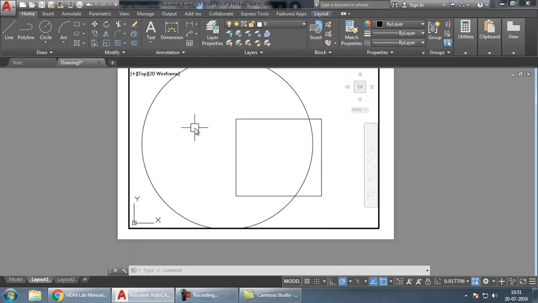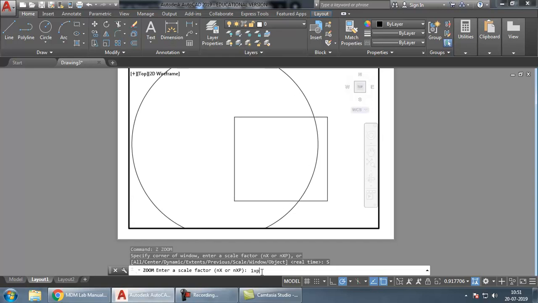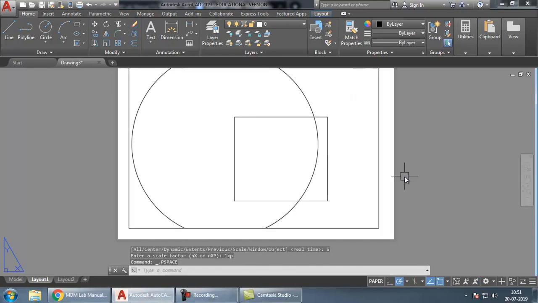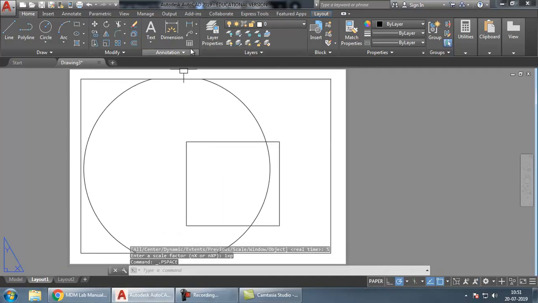To set it correctly, we have to choose the zoom option. In that we have an option called scale, and for scale we have to choose 1 XP. If you choose 1 XP as the scale, when you are taking the print, if you have drawn this as 100, after you take the print, there also it will appear as 100 exactly. You can take a scale after print and measure it. It will remain as 100.